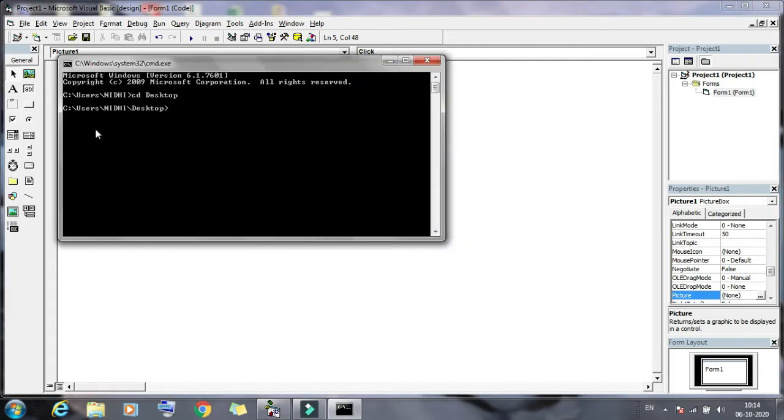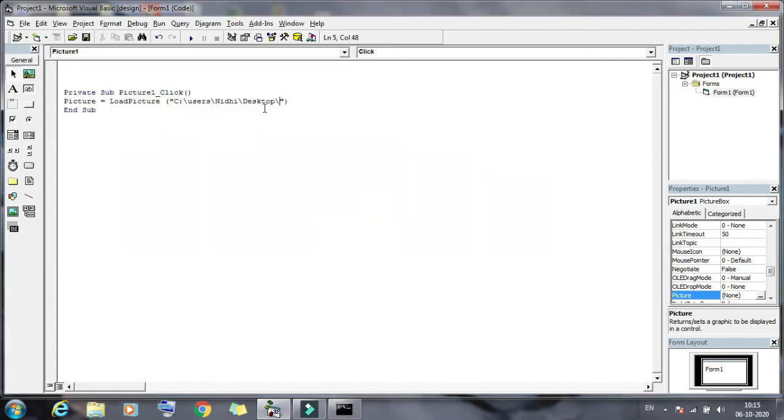And then we will write the picture name. The picture name is spring flowers.jpg, so we will write this name in this code.